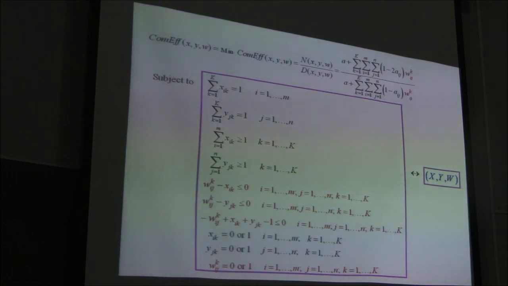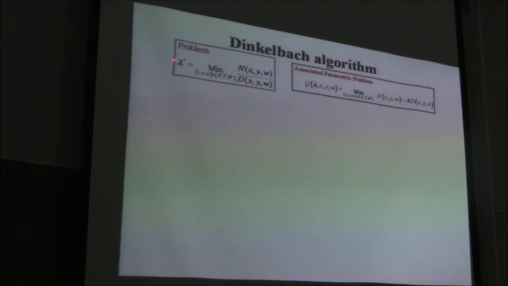To simplify notation, I will denote the feasible point as belonging to the set x, y, and w. And so, in fact, the problem is to minimize over the feasible points the ratio of the numerator divided by the denominator. And the associated parametric problem